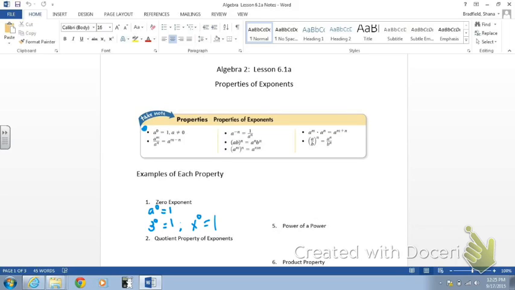All right, the next one is the quotient property of exponents. And that's a to the m over a to the n. And when you have a quotient with like bases, you're going to take the difference of those exponents. So a to the m minus n. And an example would be